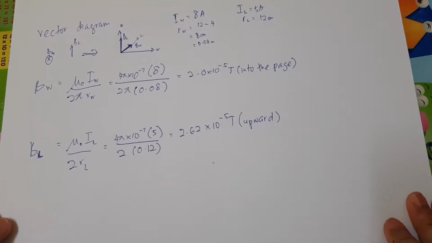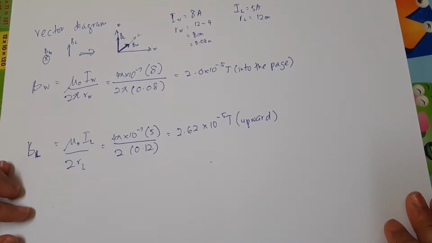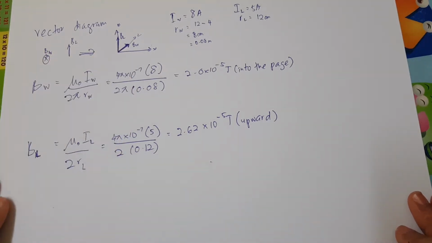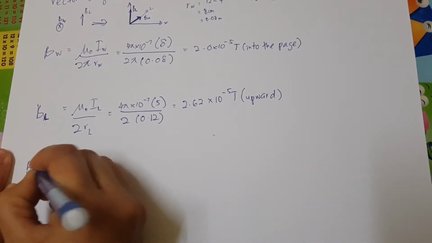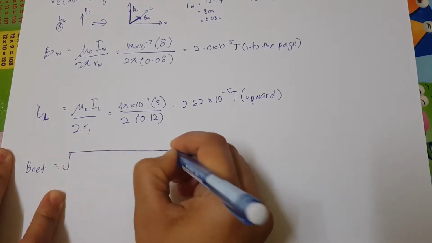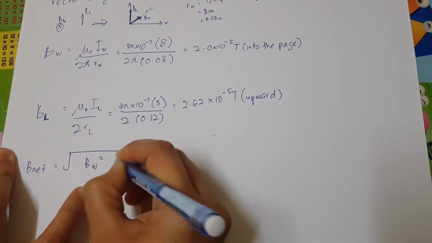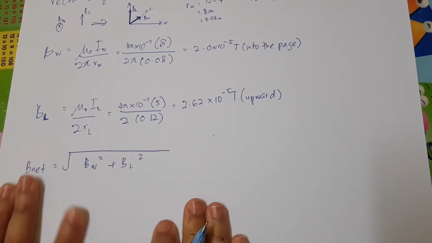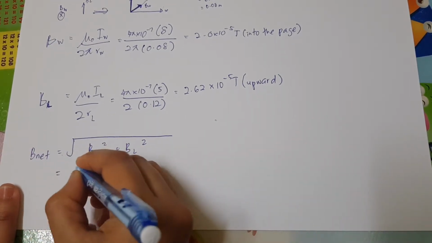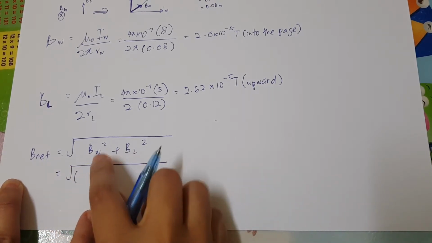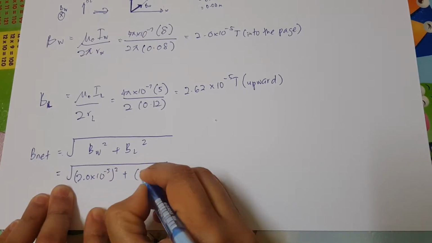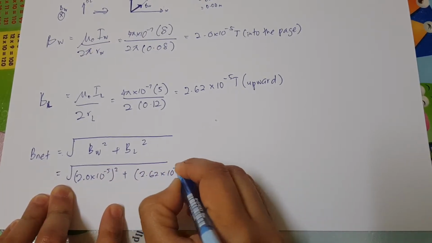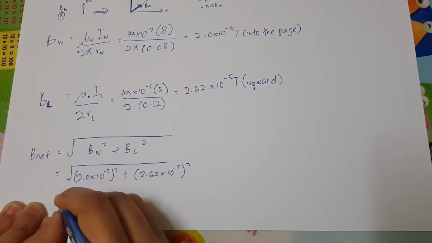Alright, since now that we have all the two magnitudes, then we can do resolving. Why do we have to do resolving? Because they are not in the same plane, right? So let's do, where is it? Okay, so the Bnet equals the square root of BW squared plus BL squared. Okay, and then we just do the substitution. BW is 2.0 times 10 to the power of negative 5 squared plus 2.62 times 10 to the power of negative 5 squared. And you can get the answer